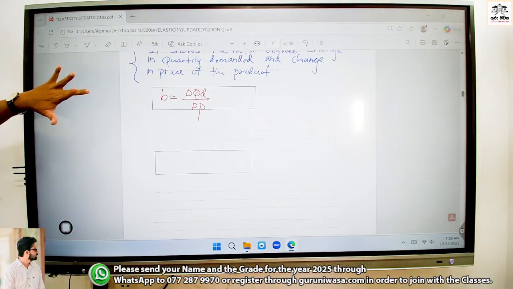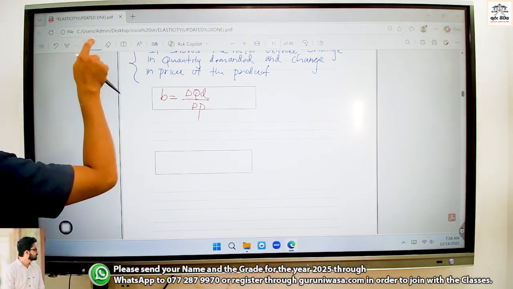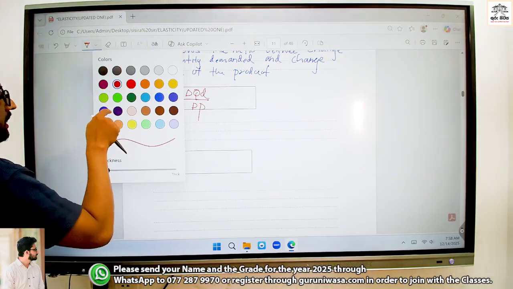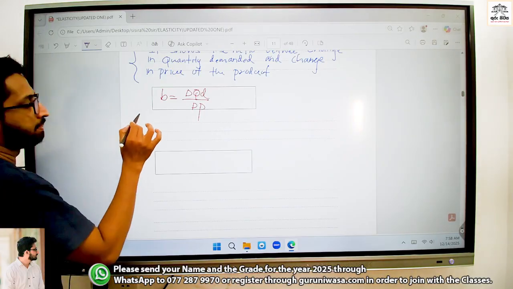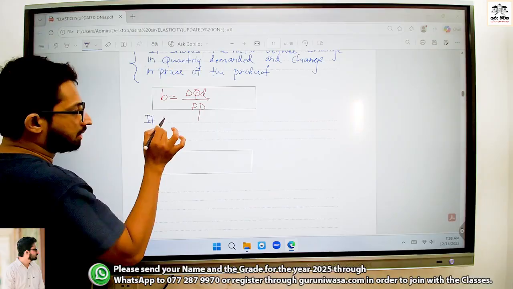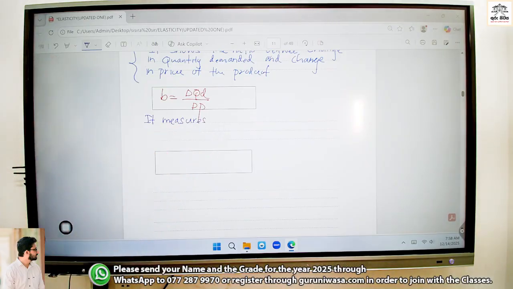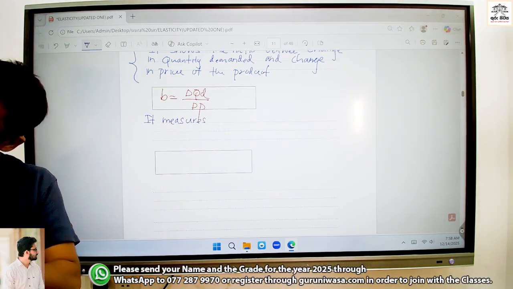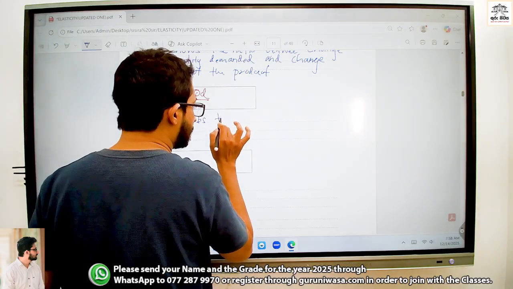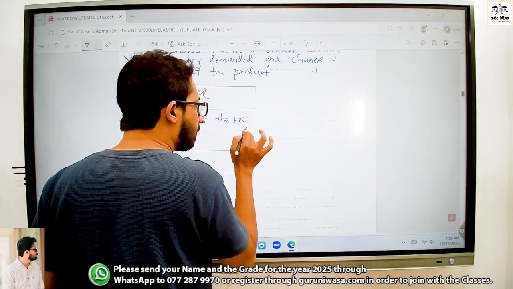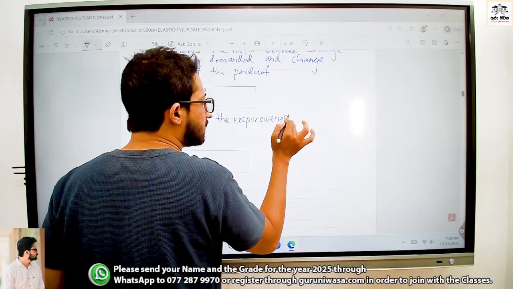Next one, let's talk about price elasticity of demand. Write down what is meant by price elasticity. What is the standard definition? Price elasticity of demand measures the responsiveness of